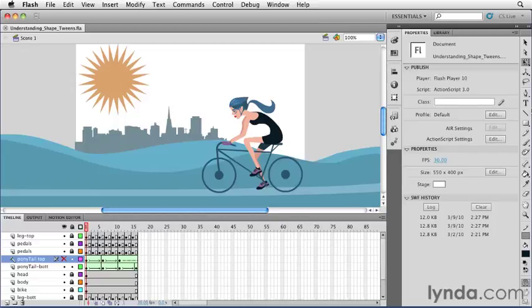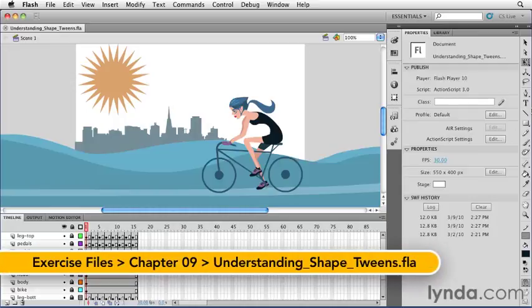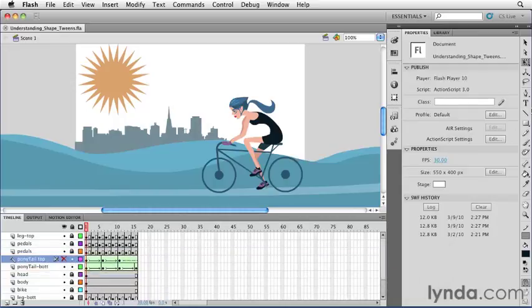In this chapter, we're going to be working with something called shape tweens. Tween is one of the key words that you need to know when you're working in Flash. The word tween is short for in between. In a tween, Flash creates frames of animation for you, so you don't have to create every single frame like